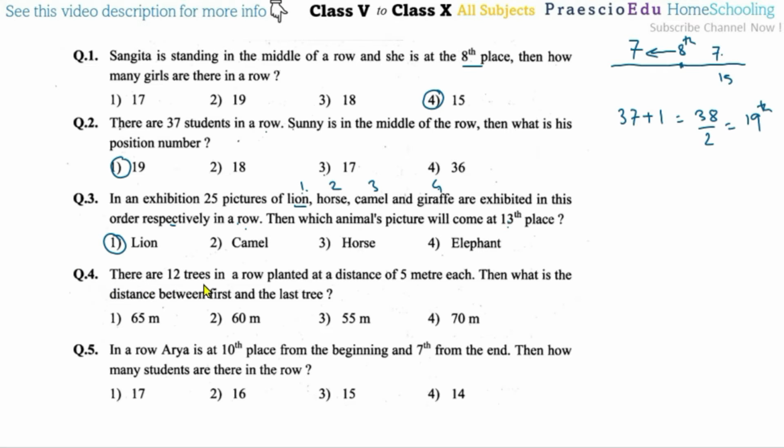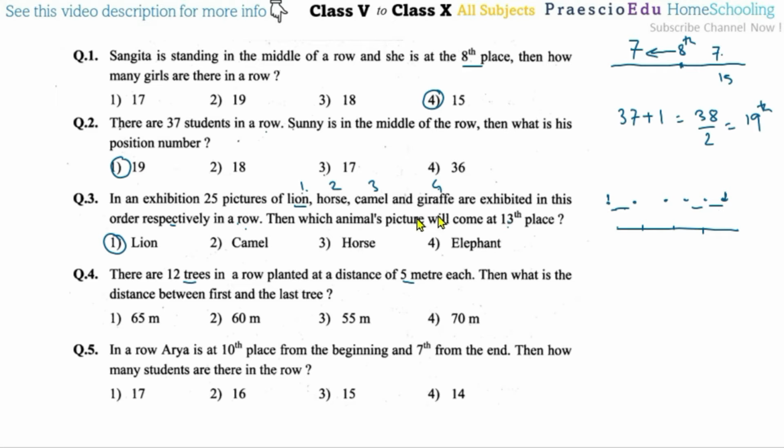Now question number 4. There are 12 trees in a row planted at a distance of 5 meters each. Then what is the distance between the first and the last? As we know, if trees are planted in a row or in a queue, the first and the last are also counted, but the distance in between has a difference of 1 from the counting. This is the same as cutting. Now this is a thread, we are cutting here, so we are decreasing, but the end is not cut. So here in the plants, the end and the start we have to count it. Here also one tree, here also one tree.